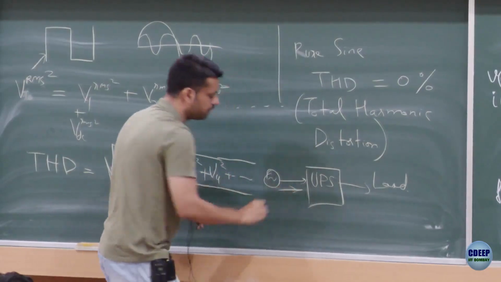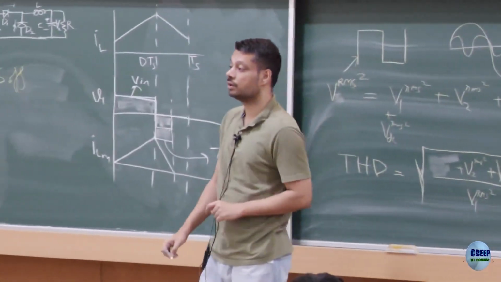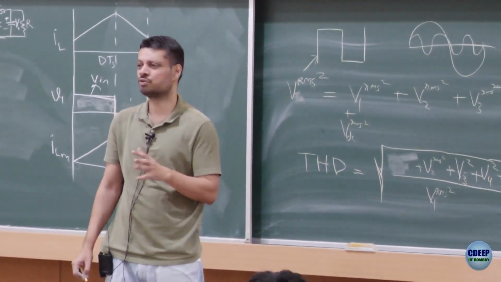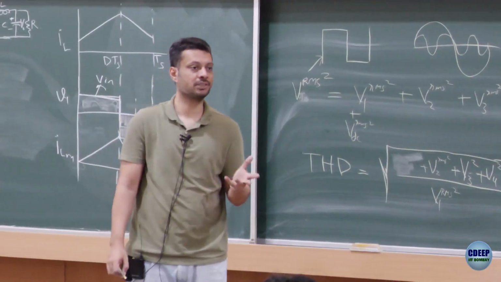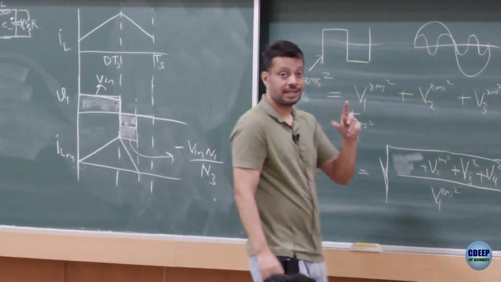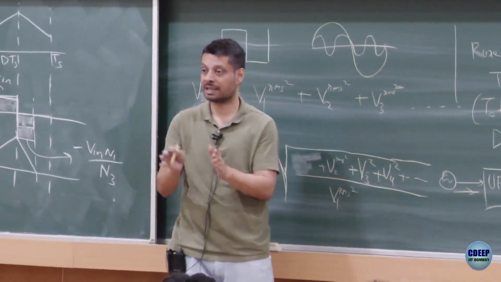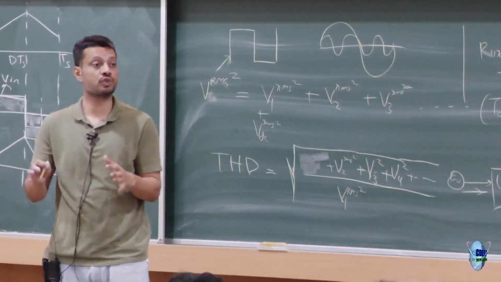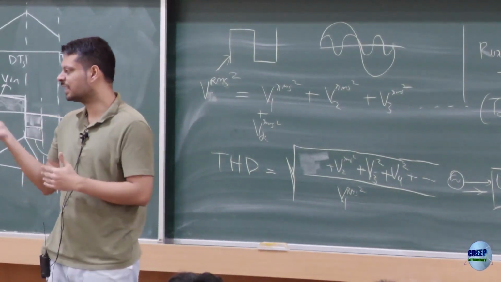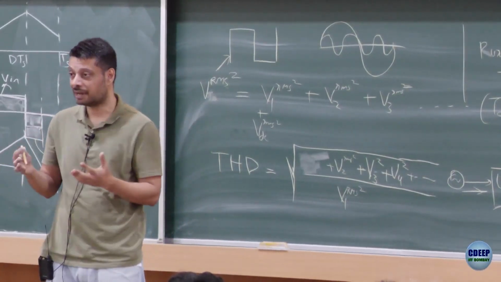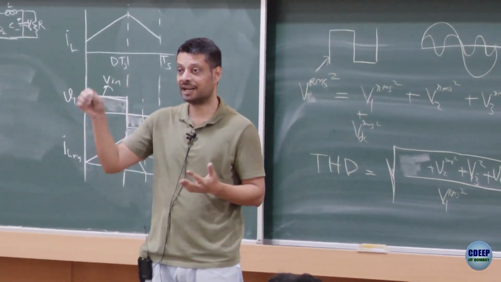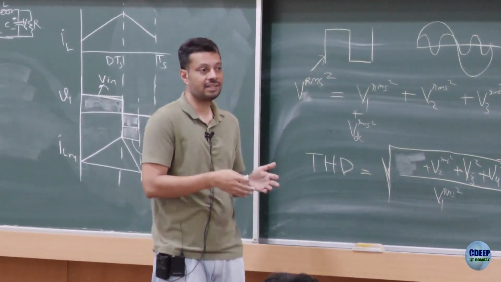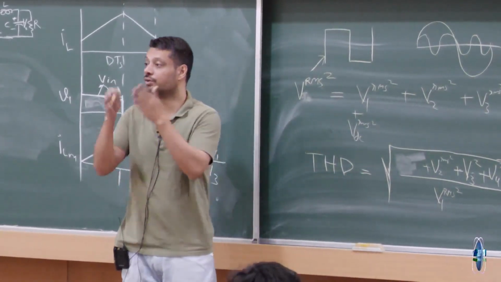The current they are drawing from the grid, they would define its total harmonic distortion, right? Those values would typically be 5%, 10%, 15%, 20%. What they are claiming in their spec sheet is, look, our UPS is so nice that it draws a current from the grid which is almost sinusoidal, as compared to a competitor who draws a current which is really bad. I can draw and show you how bad it looks, but how do you quantify it? You use total harmonic distortion, THD, to quantify how good a sine wave it is.